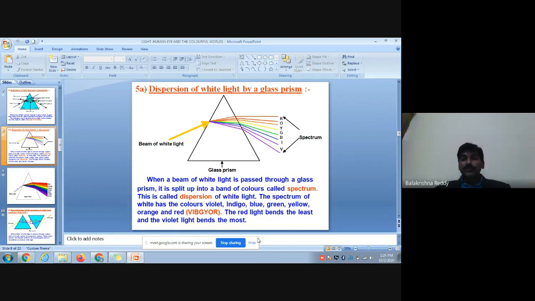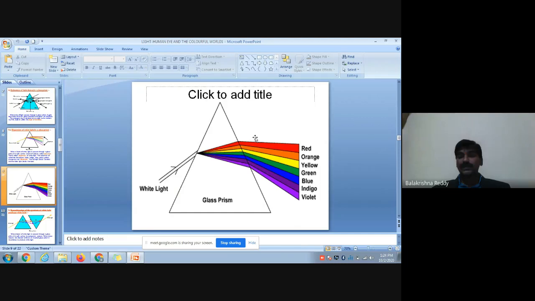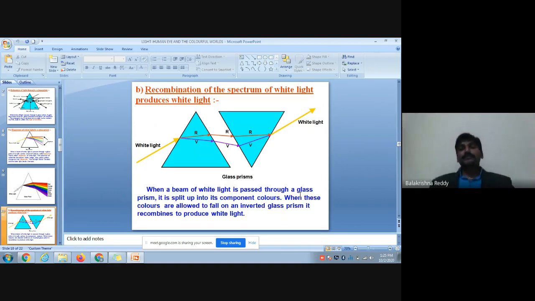Okay, so that you can see here. Since red light has the longer wavelength, it bends very little, whereas violet and blue have shorter wavelengths, so they bend more. This is all about the dispersion of white light, which forms colors like this. The order of the colors must be remembered. This is always denoted in the downward direction only. This is all about the dispersion. Now, when white light passes through a prism, the spectrum, the band of colors, is formed. The band of colors again we can also regain. How?